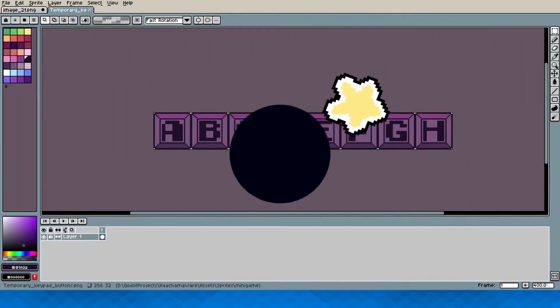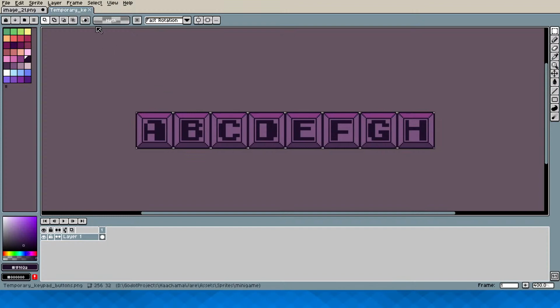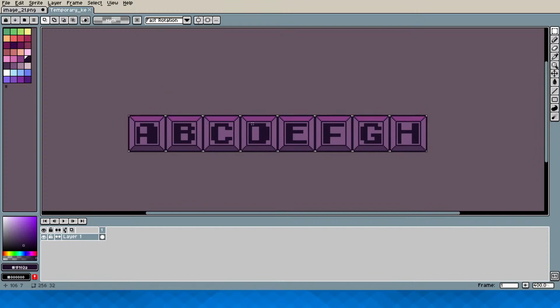Move to HaachamaWare files, assets, sprites, minigame. Call it temporary keypad buttons of PNG. Alright. Now we have temporary keypad buttons of PNG.